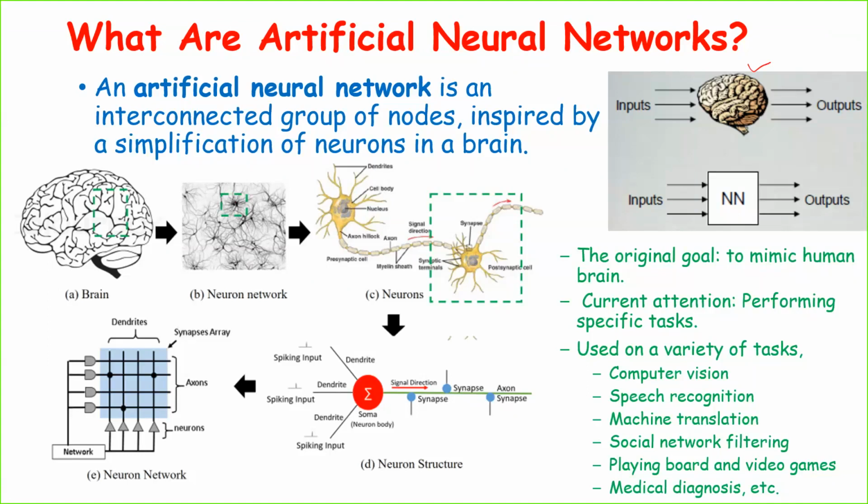So the original goal of the artificial neural network is to mimic the human brain, whereas the current attention is limited to performing specific tasks like object recognition, speech recognition, machine translation, gaming, medical diagnosis, image captioning, or converting a black and white image to a color image, like that, some specific task, right? So let us try to understand and analyze